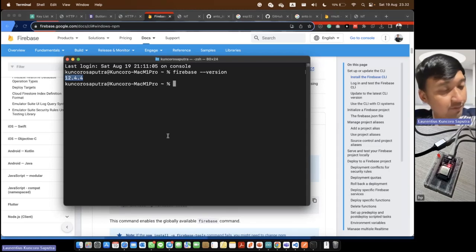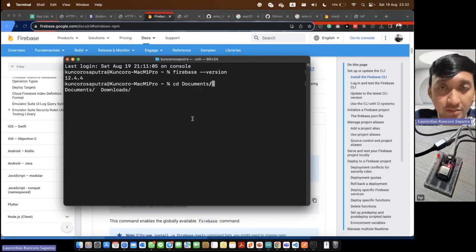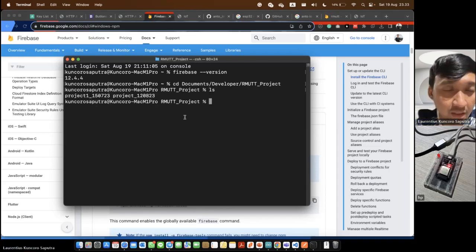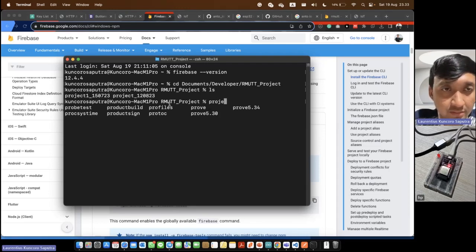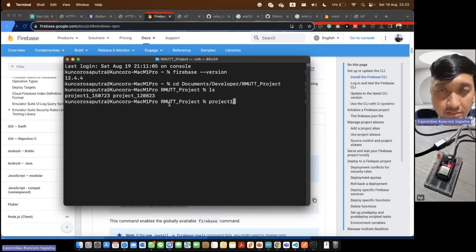Before deploying to Firebase hosting, we should prepare the directory. I will access the directory for the project: cd documents, developer, mtd project, and then cd project 1.